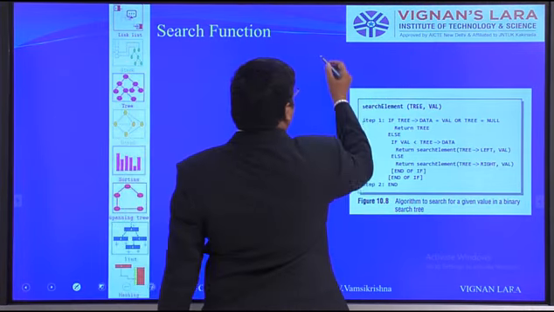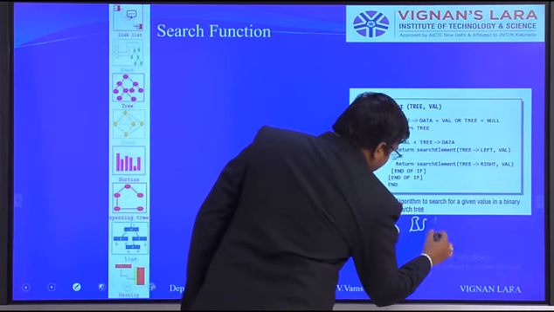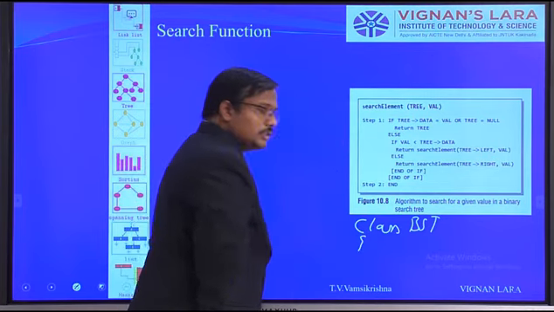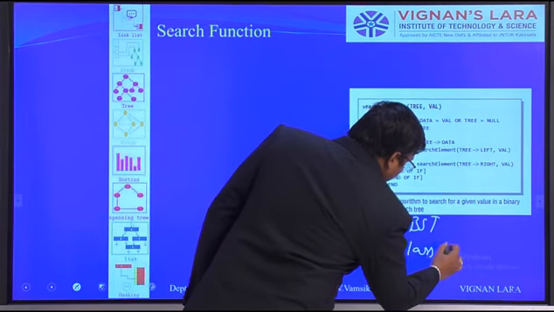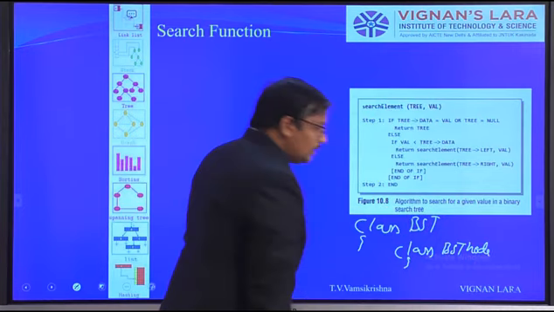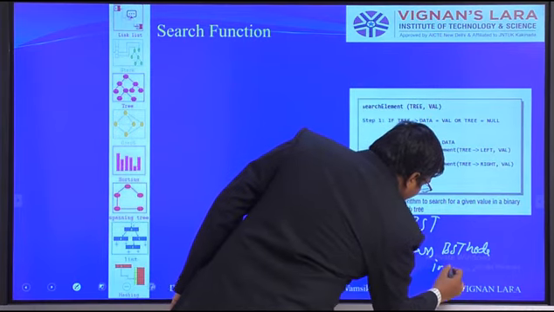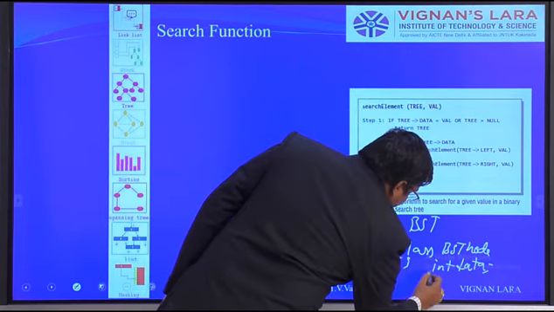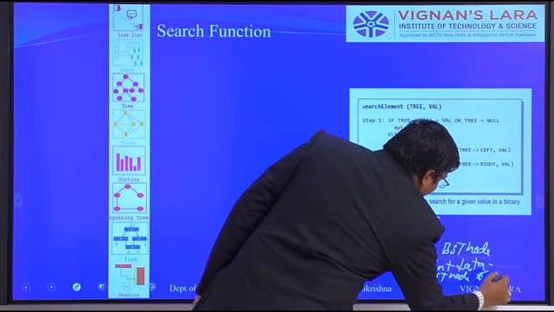So for writing the node structure, class BST. BST is nothing but binary search tree. So here we need to declare a node structure also, class BST node. Here it contains two different fields. One is int data and another one is BST node star left comma right.